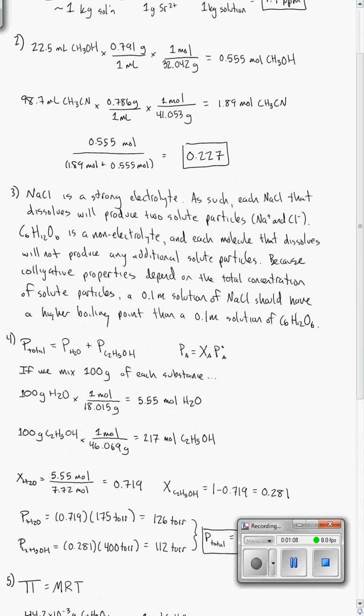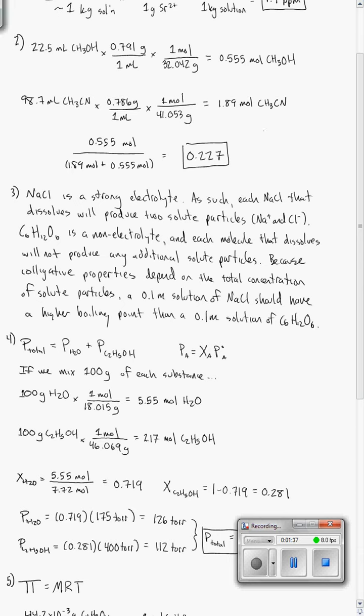Number 2 is another problem based around determining the concentration of a substance. It's a more complicated problem than we've seen in the past, but it still operates off of similar principles. So in number 2, we're given volumes of two different components of the solution. We're given a volume of a solute, our CH3OH, and we're given a volume of our solvent, which is acetonitrile, which is CH3CN. We're also given densities of these substances, and we're asked to calculate the mole fraction of these